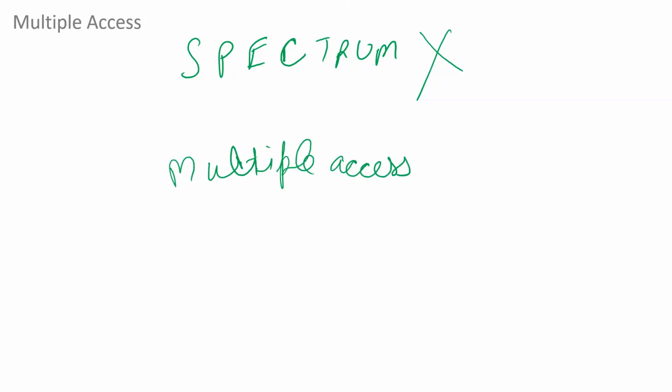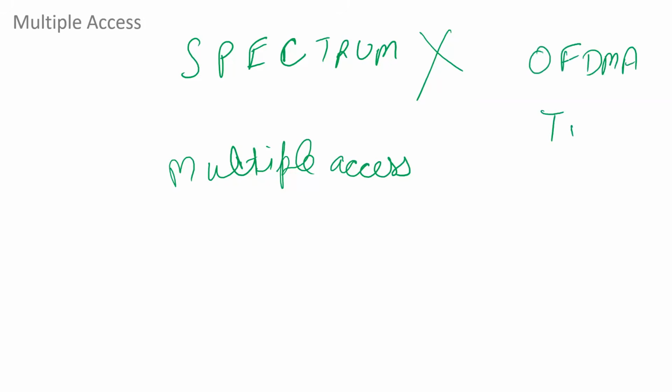So what is multiple access? Multiple access is a technique through which multiple mobile users share the allocated spectrum in the most effective manner. Since the spectrum is limited, the sharing is necessary to improve the overall capacity over a geographical area. So in a multiple access scheme, the available bandwidth is to be used simultaneously by different users. And in case of 5G, various kinds of access techniques are used, but the most important techniques used are OFDMA.